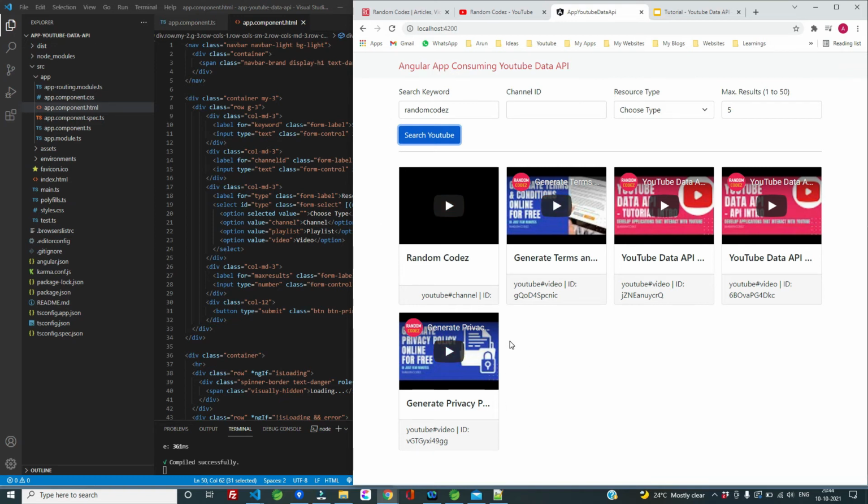If you look at the details, the number of results that we got is 5, because max results is 5. So here the first record is a channel, and all the other records are videos. You can see these labels here. This is the ID, and using this ID we will be generating this particular embed code, and you can play this video as well.